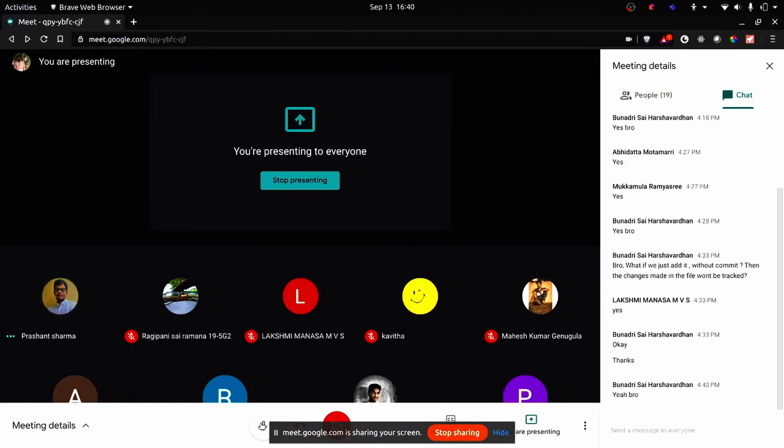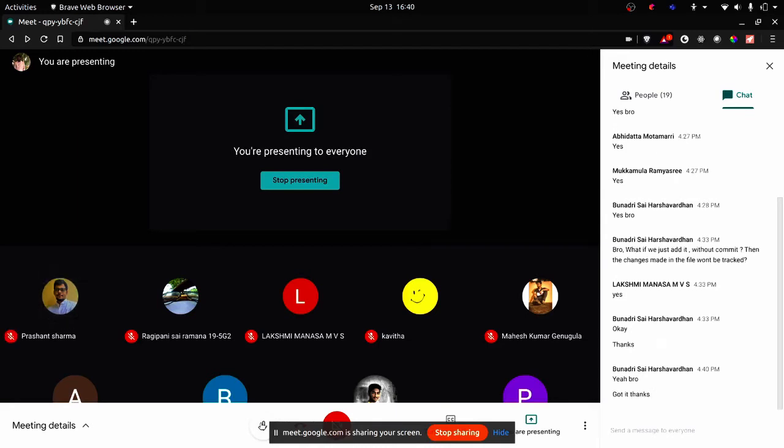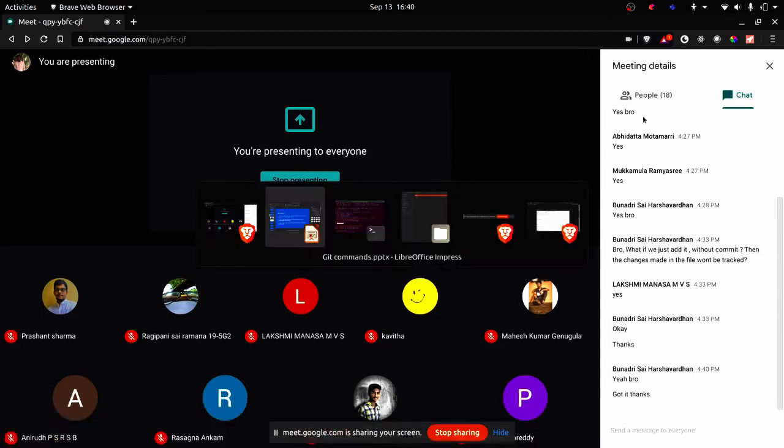Cool. Thank you, Prashant, for clarifying this. I'll just say it in one word: the answer is no. Simple. When we commit, as Prashant said, we take a screenshot of it, and from then it will start tracking. If we just add files without committing, they won't be tracked. When you commit, only then it can understand that this file has been added, and then it can be tracked.